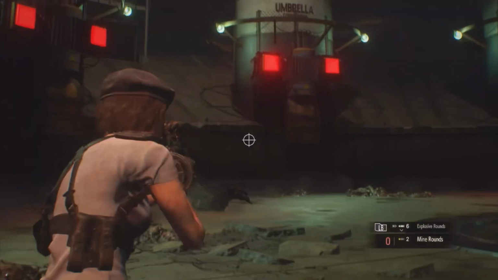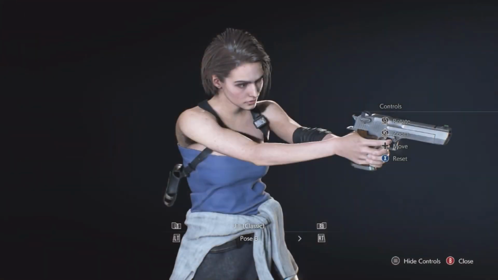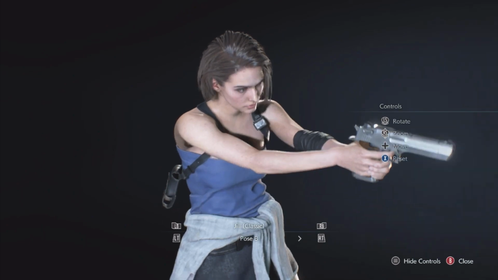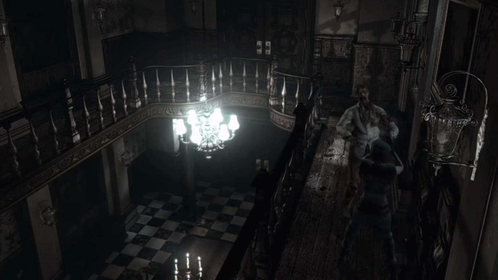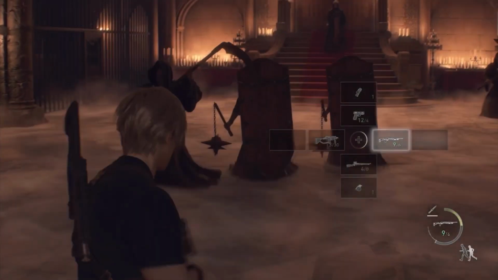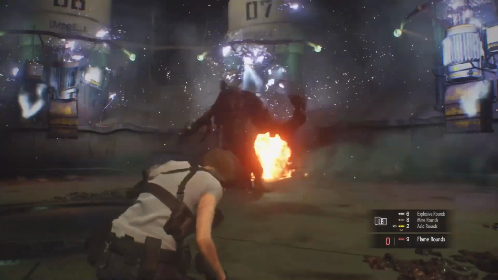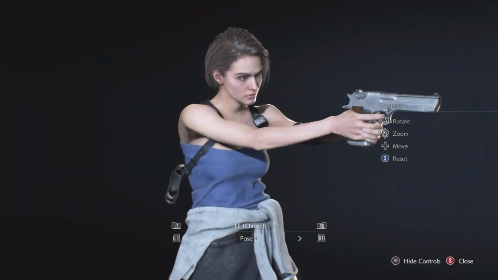Then lastly, we have the category of weapon that really rubs me the wrong way when it comes to Resident Evil weapon balancing: the magnums. I hate the magnums. I always found them really just not redundant, but just not special enough. Because again, with that holy trinity, you had the pistol, which is just your weak, mid-range, jack-of-all-trades that you get a ton of ammo for. Your shotgun is your single zombie destroyer, and then your grenade launcher is your boss fight and specialty weapon. The magnum is just kind of okay, here's another really strong boss fight type weapon.